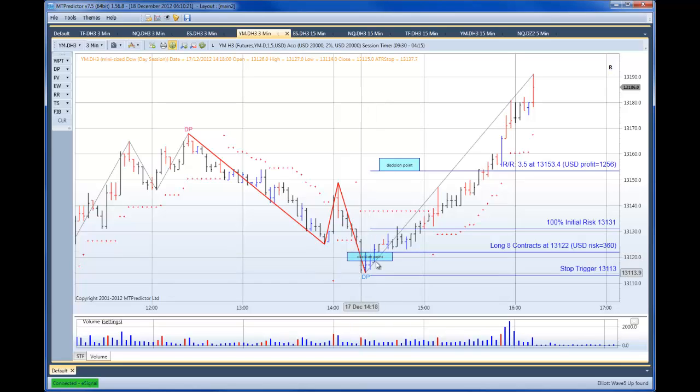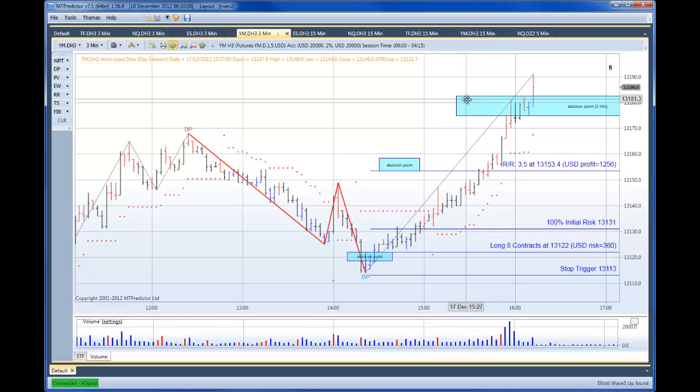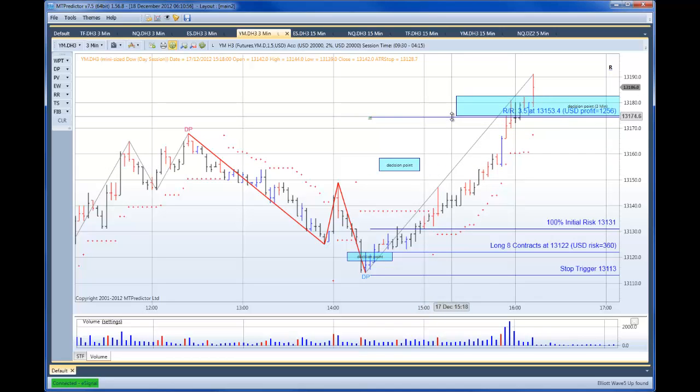Now when we get professional buying like this in our VSA setup, we normally assume that the market is going to go with us very strongly, because the professionals are not going to move the market and only just move it a short way. They're going to want to get some profit, so they're going to want to move it a long way, and you normally get quite a big move. So when you get a setup like this that's a VSA setup as well, rather than using the first target, which is off the first minor pivot there, you could go back to the prior pivot, which was here, put your DP target on, which was higher, and as such you should really be aiming for at least